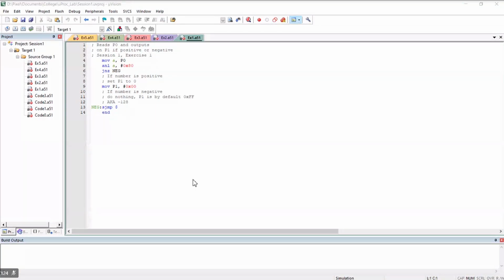Okay, write a program to read an input from port 0, isn't it? Yes, sir. Experiment 2 in the file called MC Lab 13. Experiment 1, sorry. Read data from port 0 and display 00 if it is positive, else display FF.